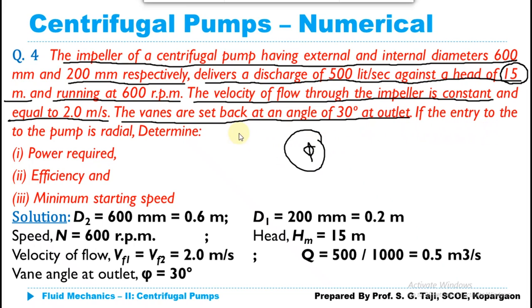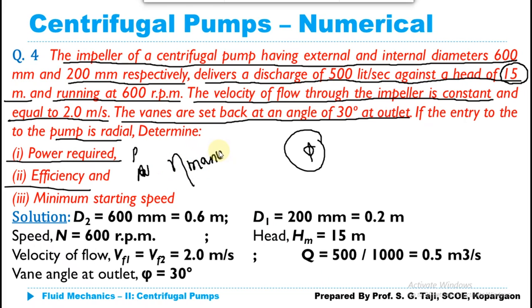If the entry to the pump is radial, so of course in case of centrifugal pump our discharge is always radial, and which is also given in the numerical. Calculate power required. They asked to calculate power required, efficiency. So simply whenever they only mention the efficiency, we are simply going to calculate manometric efficiency, as in the case